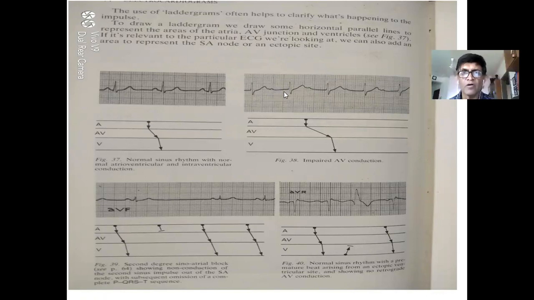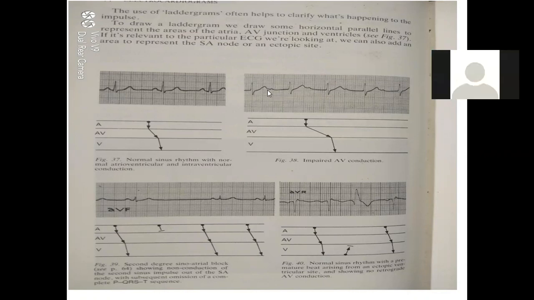What is the normal I have given you last time? It should not be more than 3 or 4, maximum 5. How many squares are there? Almost 10, 13. So it is prolonged.